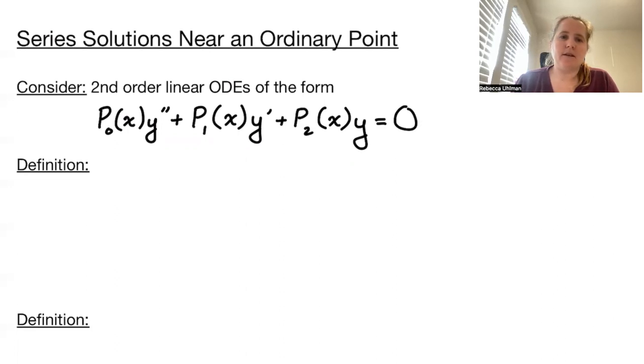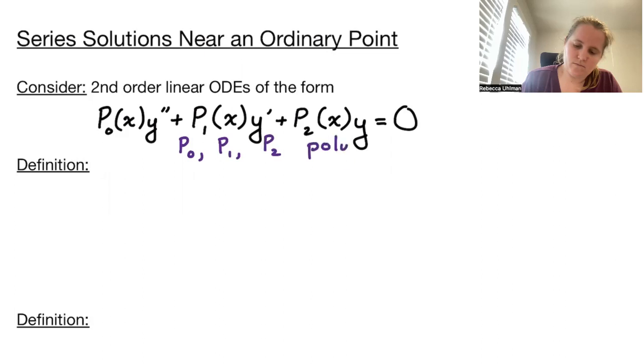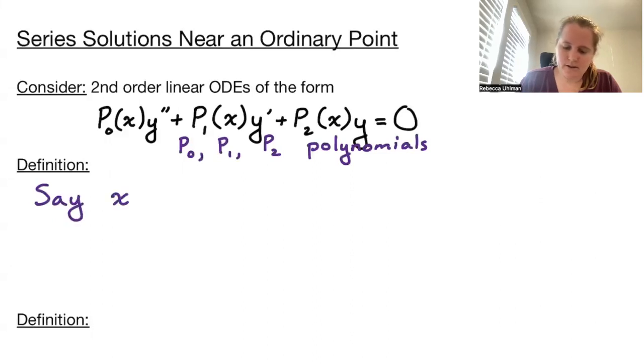In this case, P0, P1, and P2 are all polynomials. Then we say that x naught is an ordinary point